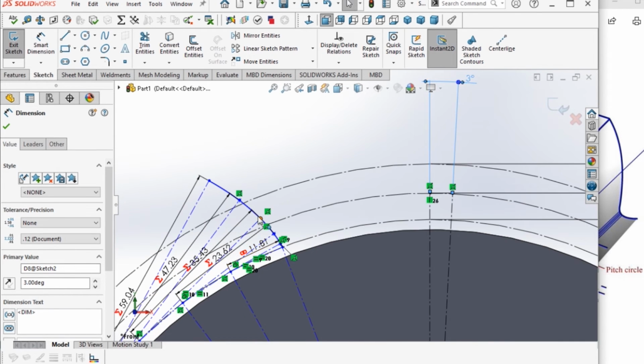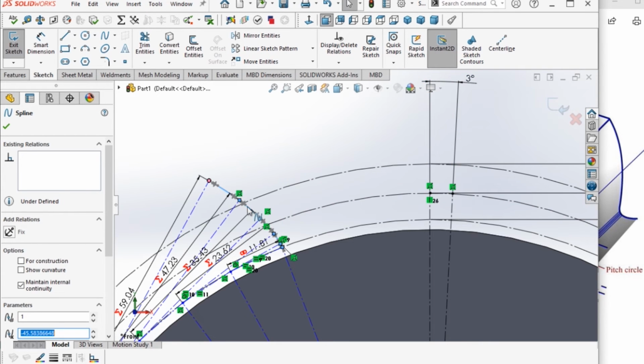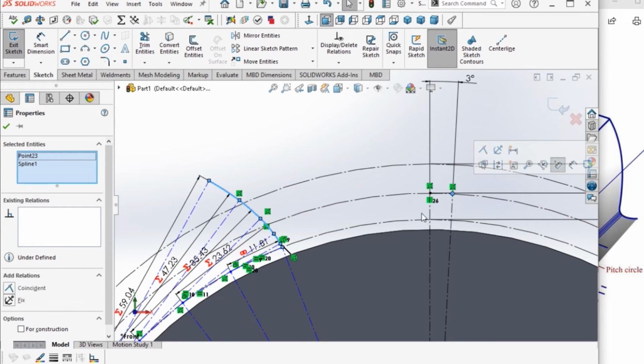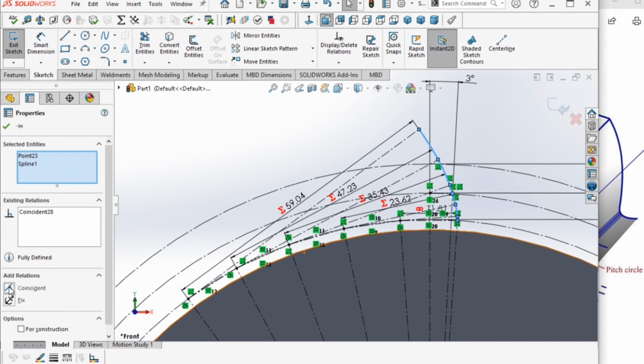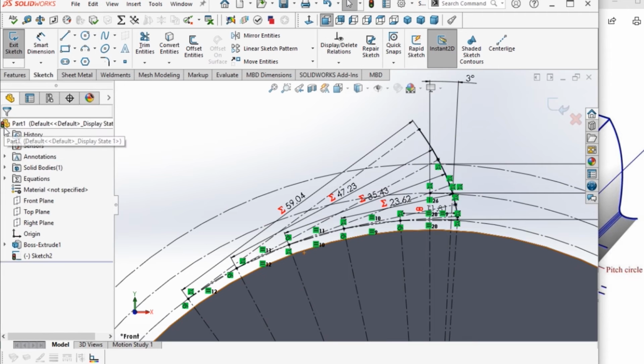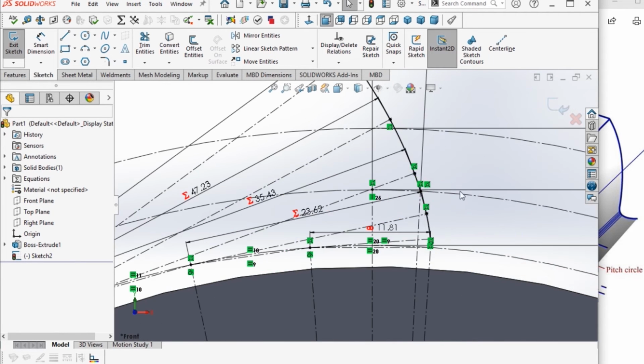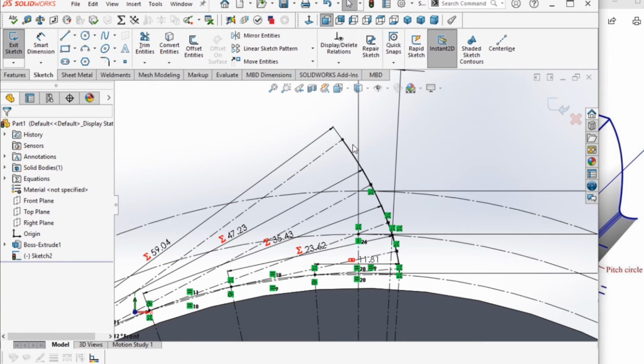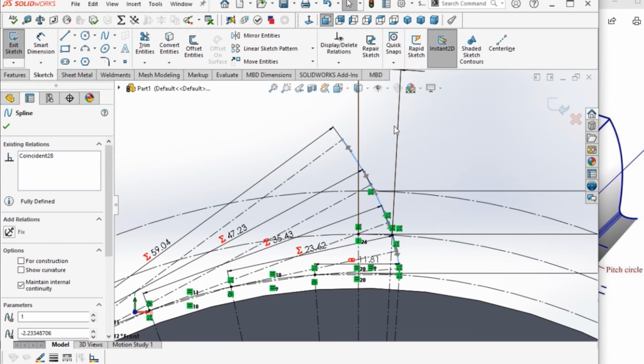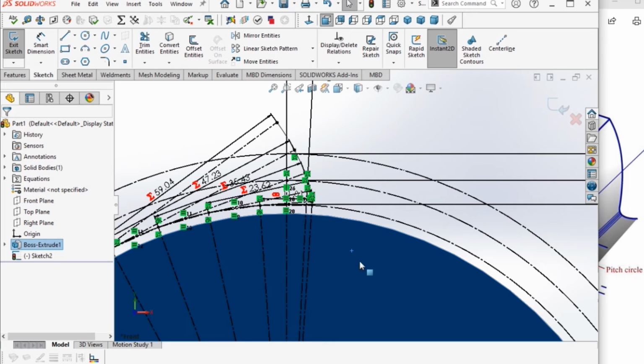Now next option is to make this spline coincide with this point on the pitch circle. So click on spline, hold on shift, click on this point, coincident, click OK. So our curve is fully defined. So we'll make this curve construction line. So click on this feature, convert,